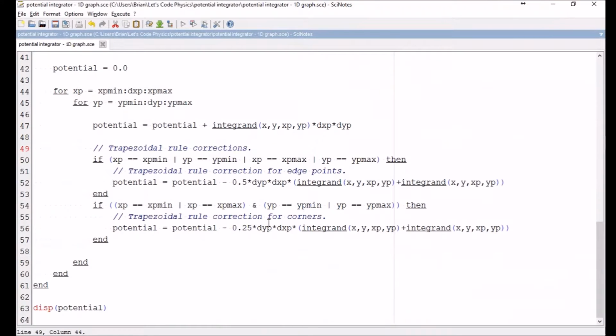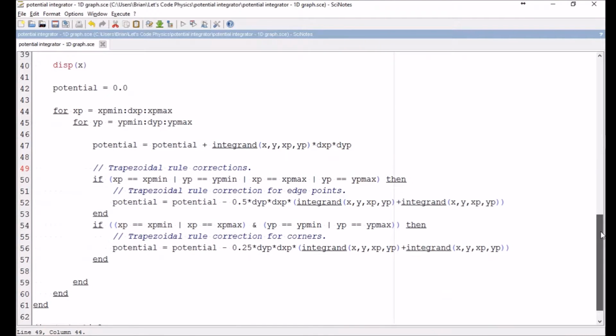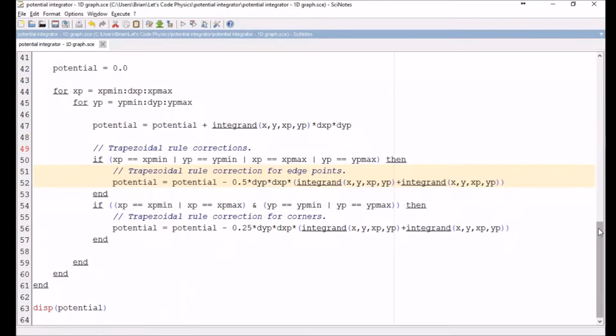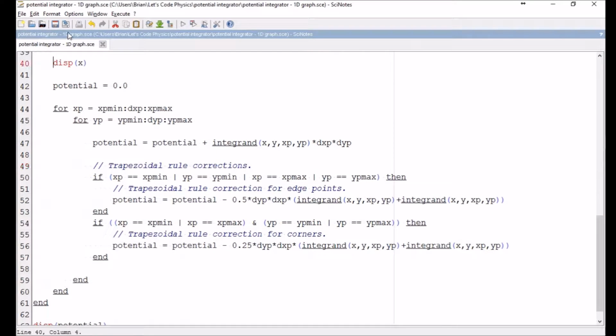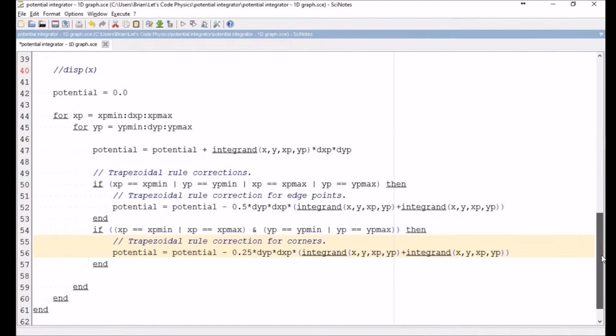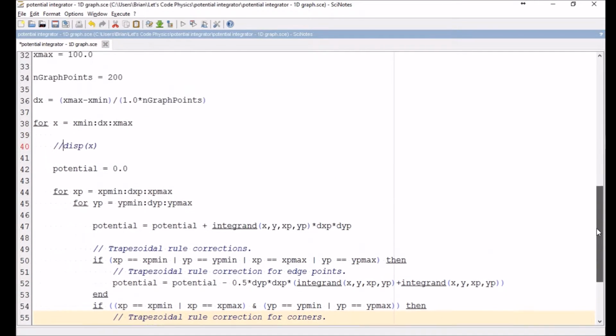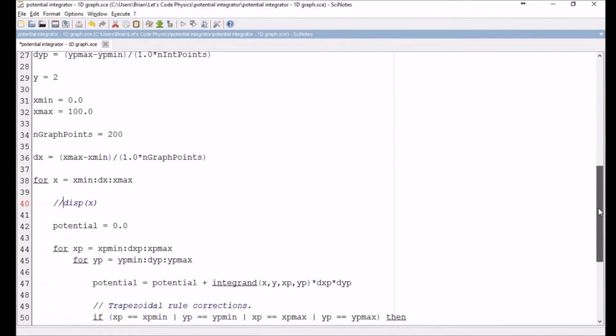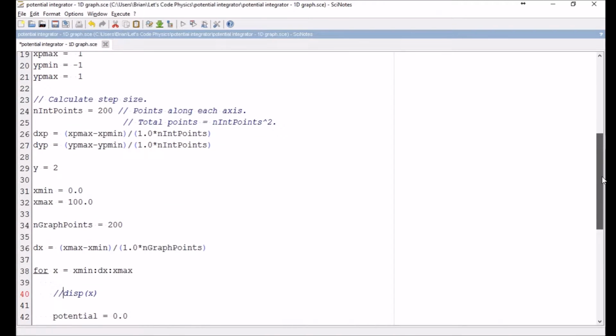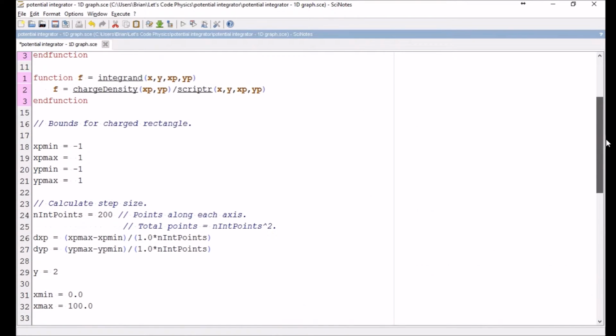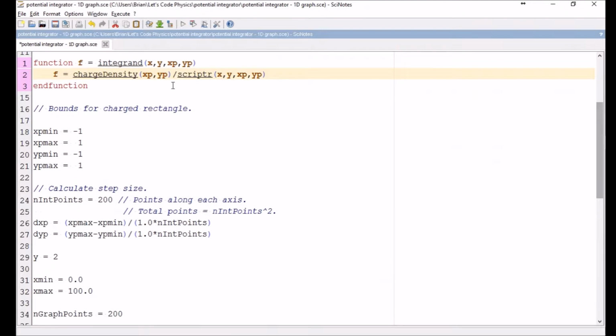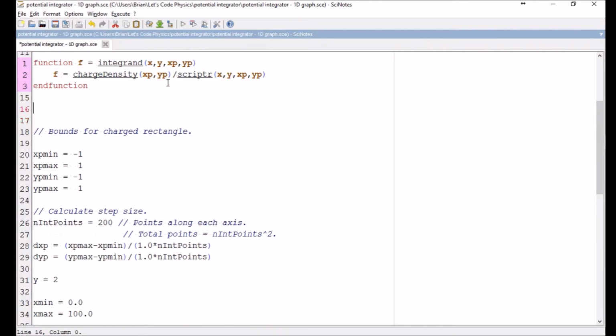I have not yet finished the actual graphing, because what it's doing right now is calculating the potential at each of those points, but then it's writing over the value of potential each time. So I need to be able to store that in order to graph it. So here's how we're going to do that. For saving the results, let's set up a calculation up here. So let's begin